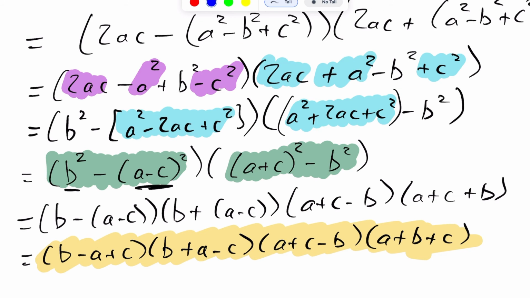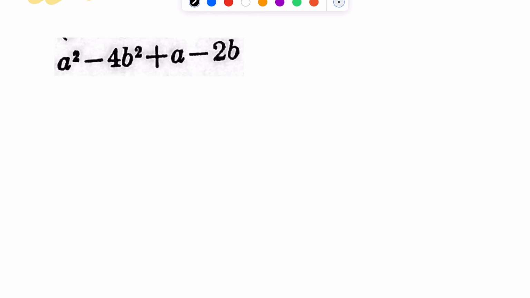All right, let's take a look at another problem. I want to be able to factor this expression. First, we want to look for a GCF. If I look at this expression here, I do not really see a GCF, a common factor throughout. I do see an a minus 2b here, and I do see that I can do a difference of squares on this. Now, typically this does not work. Like just doing a difference of squares on a chunk, you have to have that same factor occur here, and